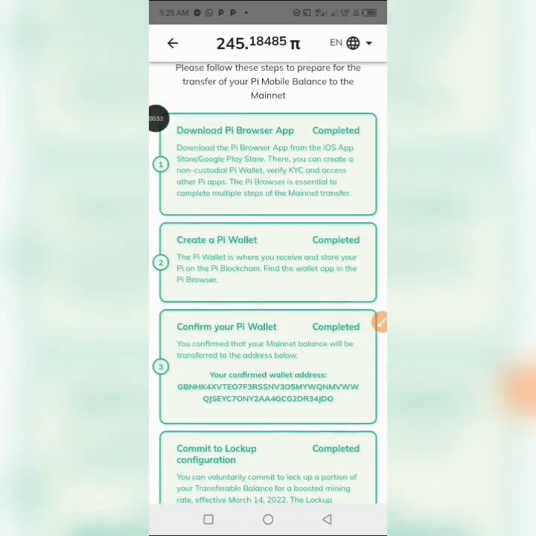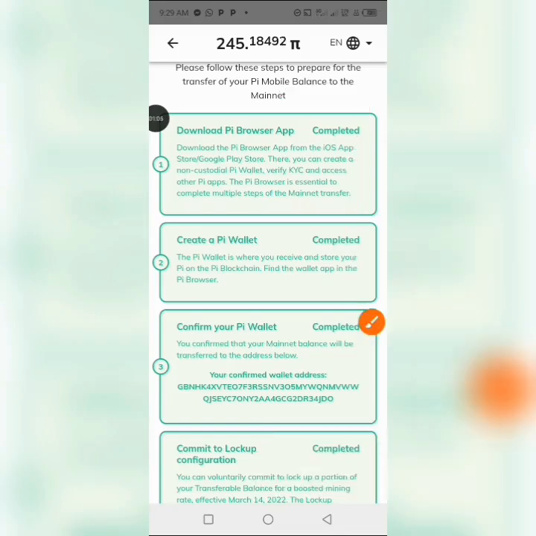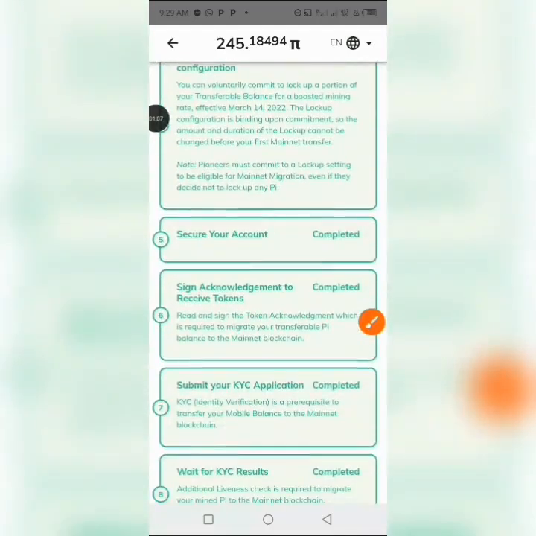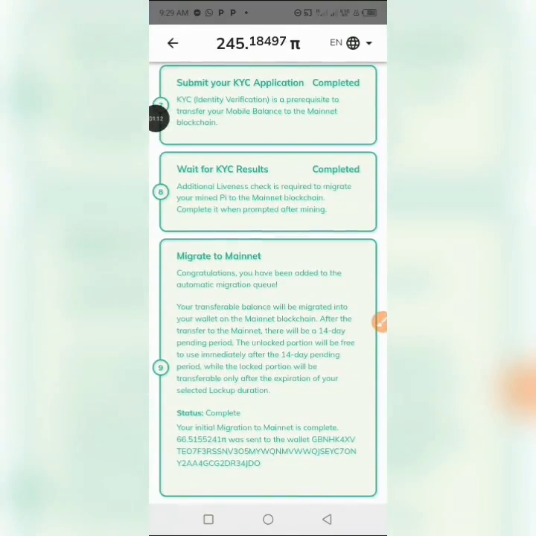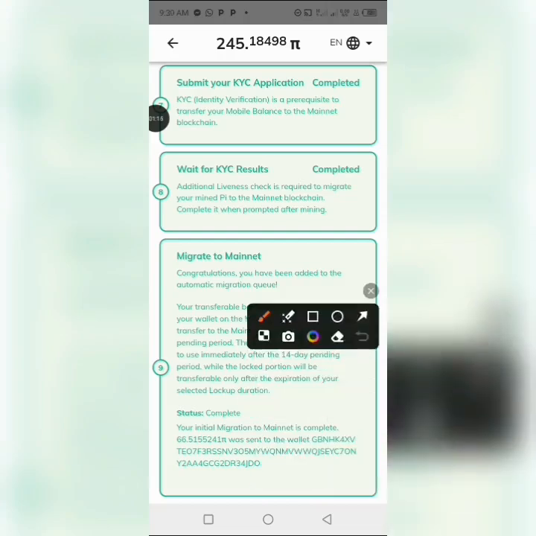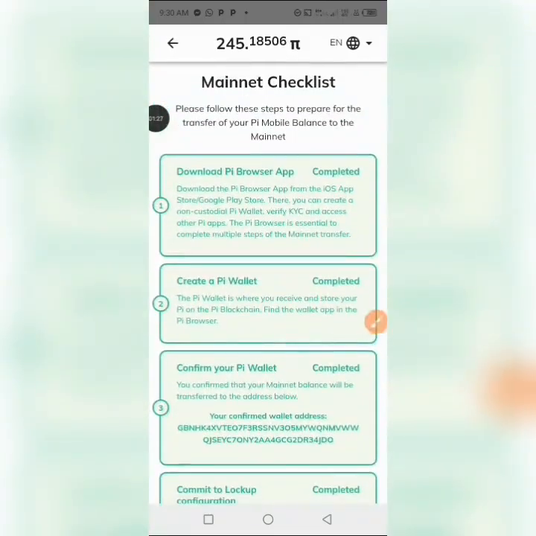All right, so all of this has to show green. Okay, all of this has to show green. You have to ensure that all of this is showing green. You've confirmed your wallet, created a Pi wallet and confirmed it. All right, you have to make sure everything is confirmed, is showing green the way it is right here. And you have to be sure that you've migrated and also completed this step, migrated your wallet and completed this step. All right, after ensuring that all of this is shining green and not brown,